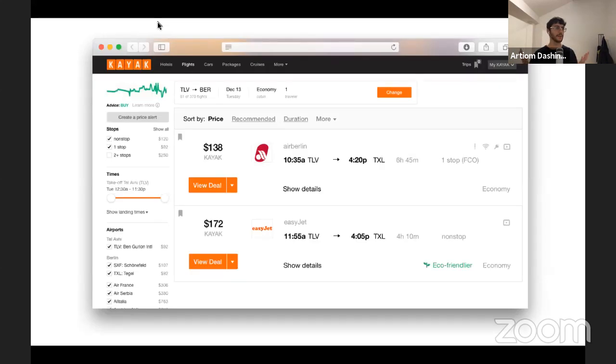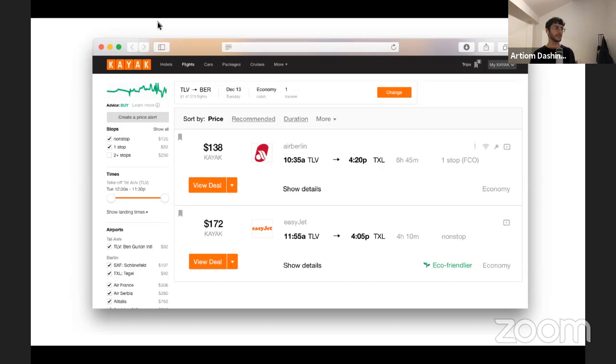And for Kayak, their business model is taking a percentage or some kind of cut from the tickets that are sold through their platform. And obviously more expensive flights are usually the direct flights. So here in this example, actually the business objective and the business interest is very aligned with the sustainability.